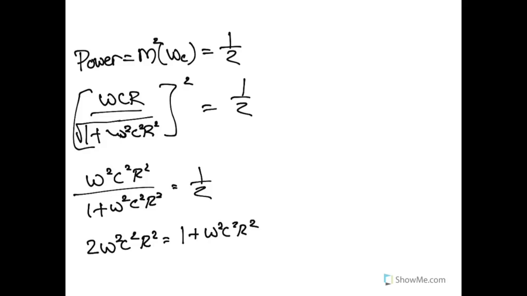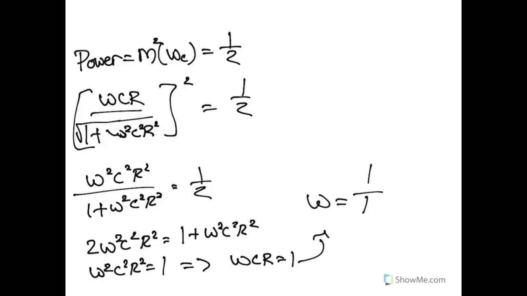If we begin to combine all of our terms, we find that w squared C squared R squared is 1, which implies that wCR is equal to 1, which when we solve for w, we get 1 over